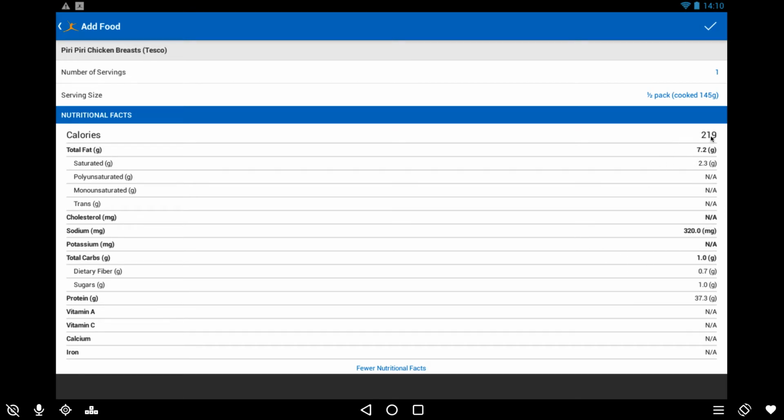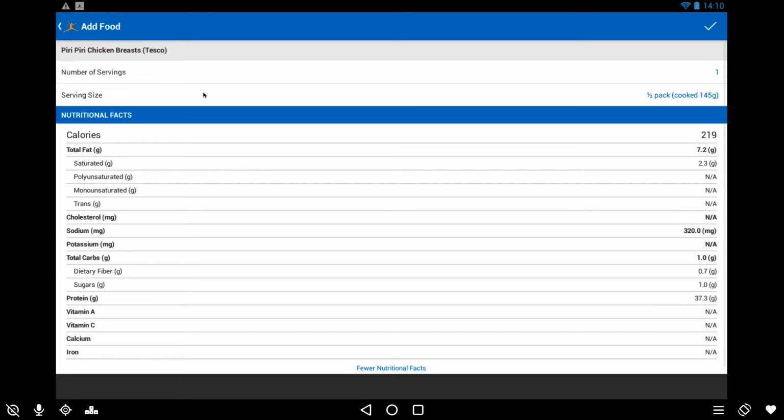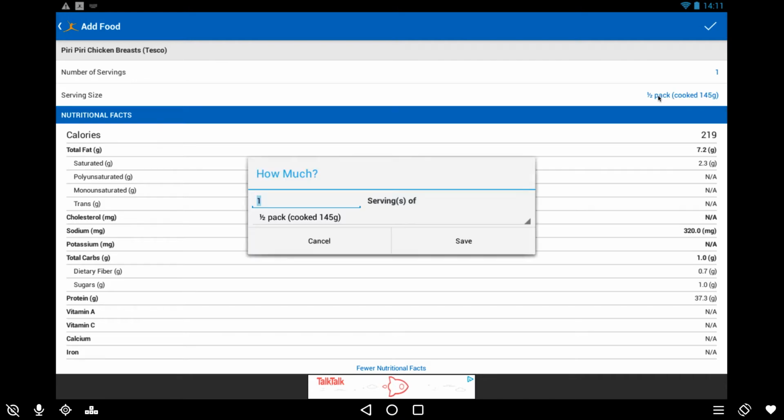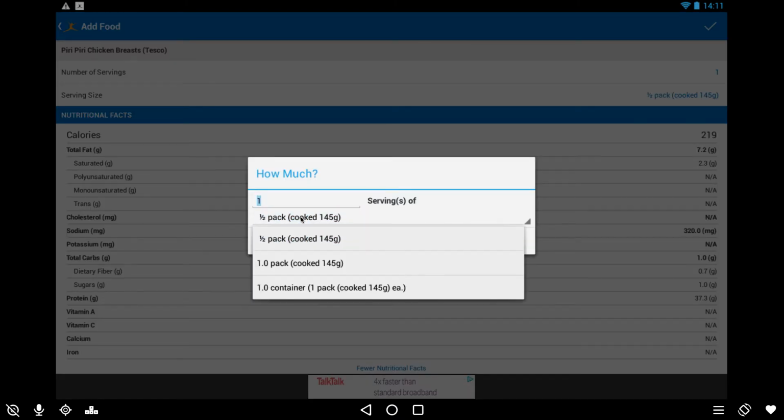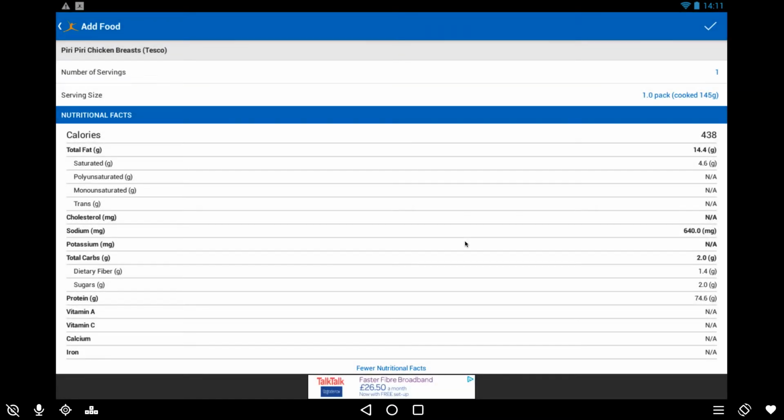Okay, so it tells me how many calories are in it, how much fat, proteins, and carbs. Okay, your screen on your phone might be laid out slightly different, but ultimately it's giving me the same information. Now, what we need to get right as well is looking at the serving size. So we have the number of servings and the serving size. You can see here that it says half a pack, which cooked weight is 145 grams, and then I have one serving of that. If it turns out that I eat the whole pack, we can come onto this option here and change it to the whole pack, one serving of, click save, and then when I click the tick,